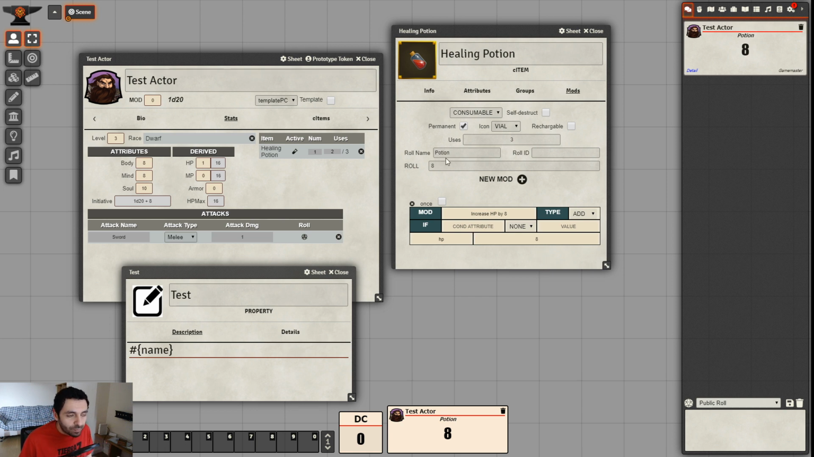Okay, so now I don't want it here to say potion. I want the name of the C item to be displayed here. So what I do is use this role expression, which is name. When I use it, see 8 points go up, and here displays healing potion. We can do that also with